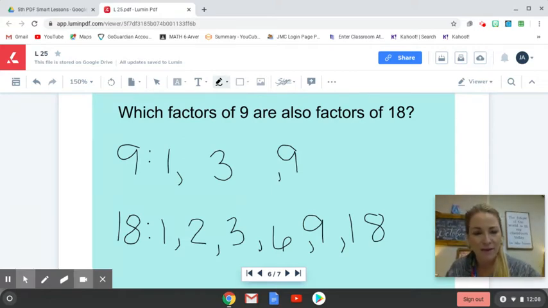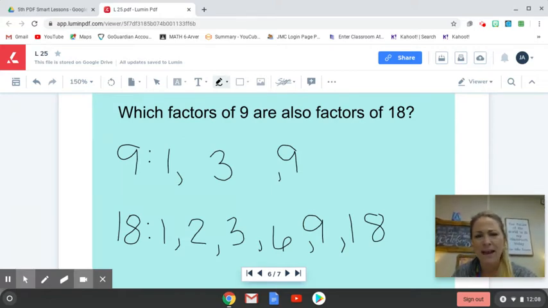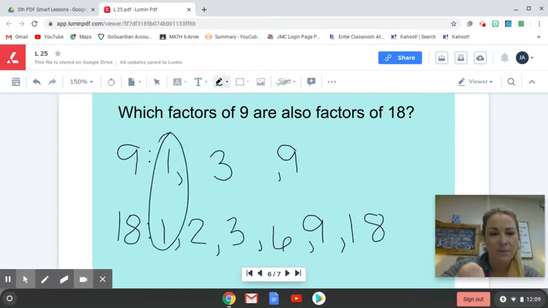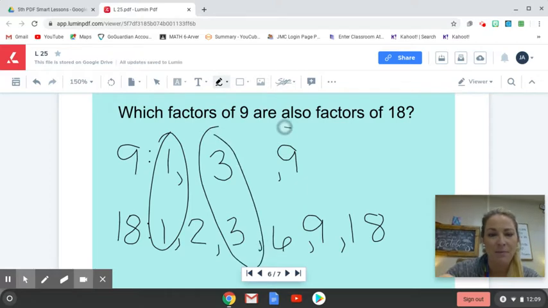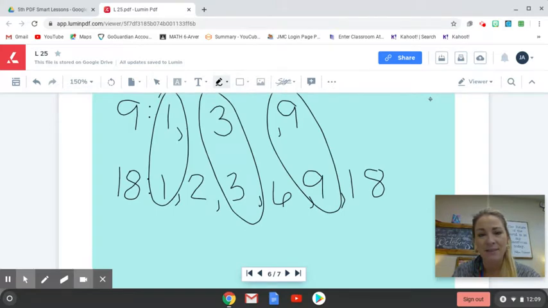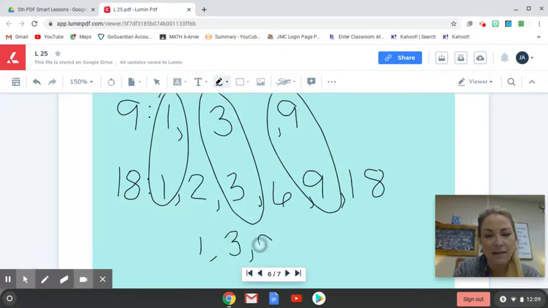So I have all of my factors written out here, and now they haven't asked me to identify the greatest of them or anything. They're just asking which ones are common, which ones they have in common. So I'm going to go through and circle. They both have a 1, they have 3 in common, and they have 9 in common. So on your homework, if you were ever asked this, please don't just leave your answer like this. I would ask you to write 1, 3, and 9. That's it for your practice for today. The next slide here